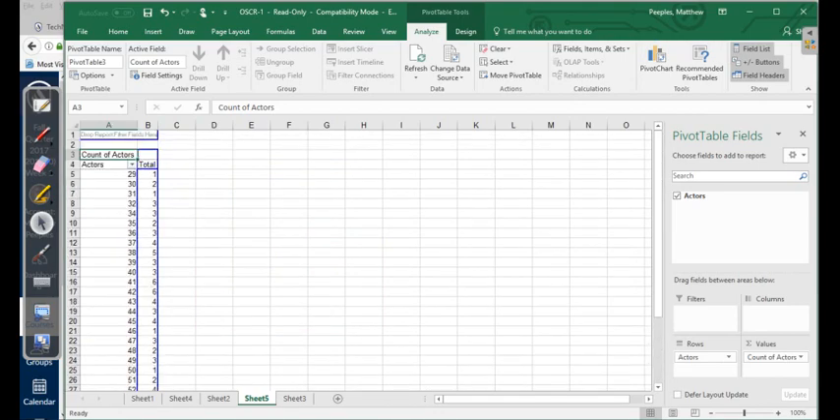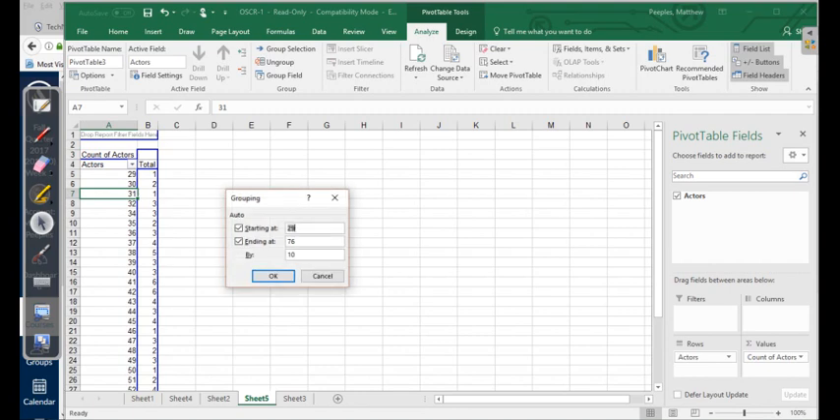Here they are. But I want to group. And remember, I'm comparing this to actresses. So I'm going to have to modify the way I make a group selection. I make sure my cursor's on the table here in the column for actors. I hit Group Selection. I'm going to start at 20, so I'm just going to go ahead and enter the